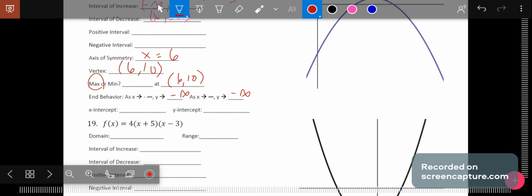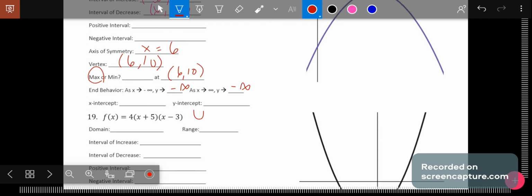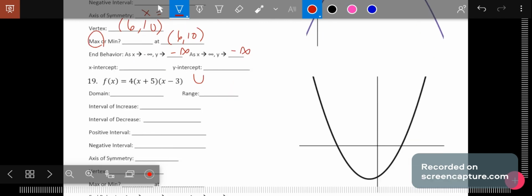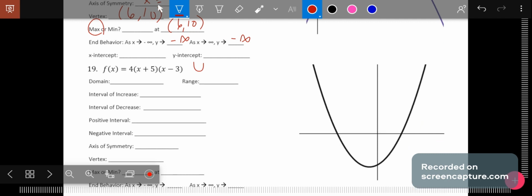For this next one, plug it into Desmos yet again. We can tell that this graph is going to be concave up. X times x is x squared times 4, which is going to be positive. So right away, we can already say that this is going to be a minimum. Down here, the domain will never change. It's an easy one, negative infinity to infinity. For the rest of this, all that we're going to want to do is plug this into Desmos and see what happens. Our axis of symmetry